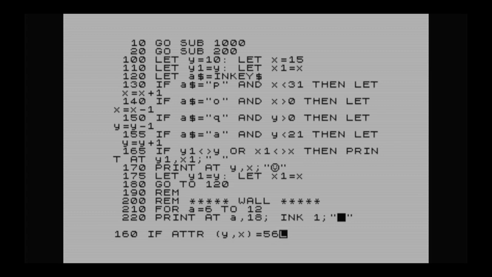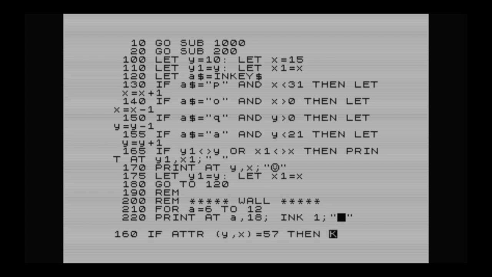But we've also got our ink color to take into consideration. Our ink color is blue, which is 1. So that 56 becomes 57. You basically add that on. So paper color times 8. Whatever your paper color is, you times it by 8. And then your ink color, you plus it by whatever that ink color number is. So if it's blue, it's 1, red 2, magenta 3, and so on and so on. So if it equals 57,